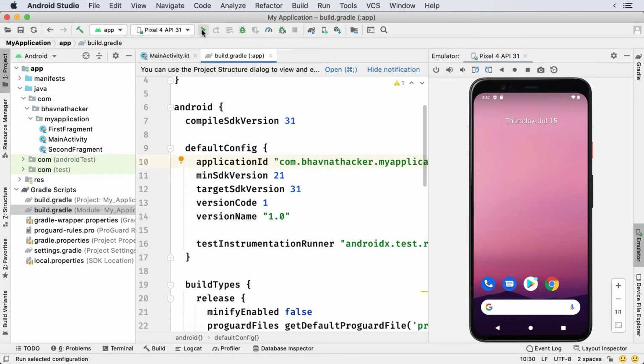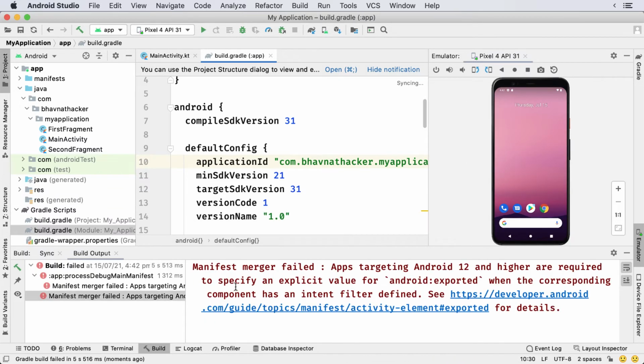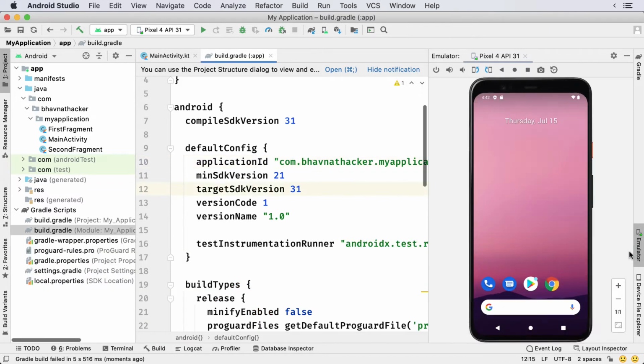Click Run the app. And you see error. Apps targeting Android 12 and higher are required to specify explicit value for Android exported when corresponding component has intent filter defined. This is one of the behavior changes for Android 12.